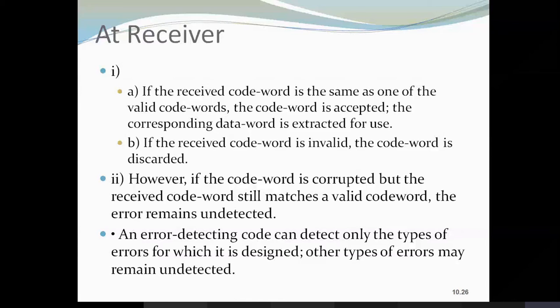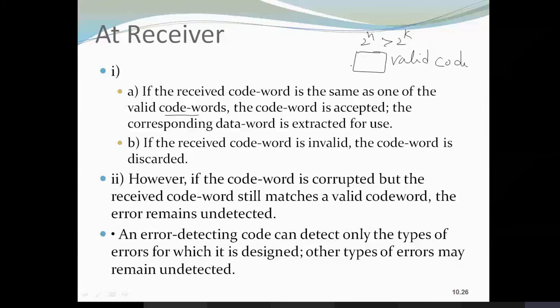Now at the receiver, just listen, I'm just telling the theory part, how exactly the sender and receiver are involved in identifying the error. If the received code word is the same as a valid code word, what is a valid code word here? When you take 2 power n possible code words, 2 power n is greater than 2 power k, so you get more than the required possible code words. In that case, you need to discard some and only take a set of valid code words, and the same set should also be known by the receiver.